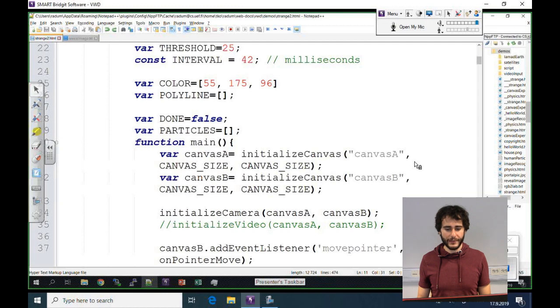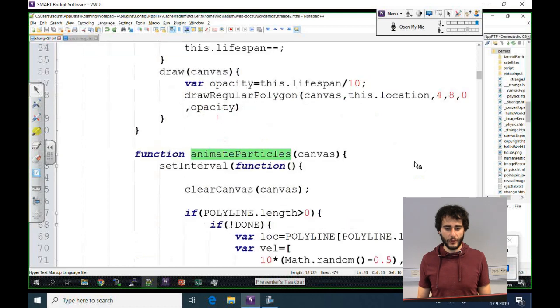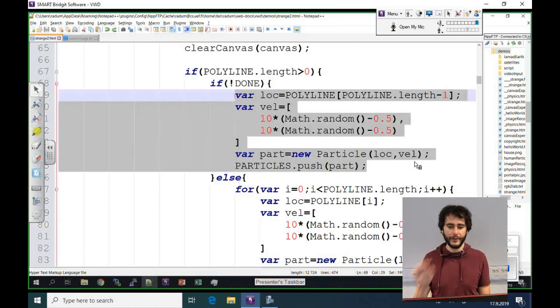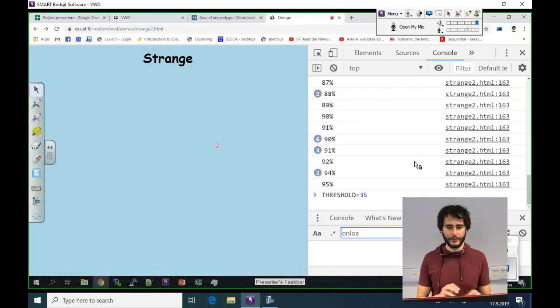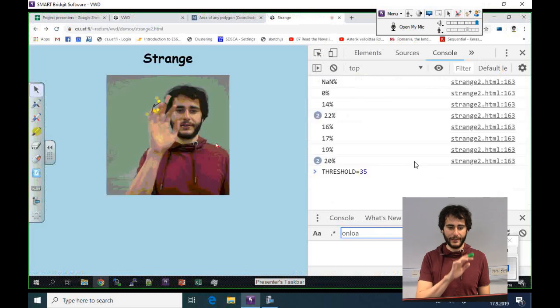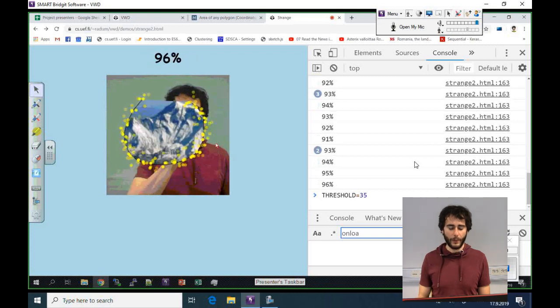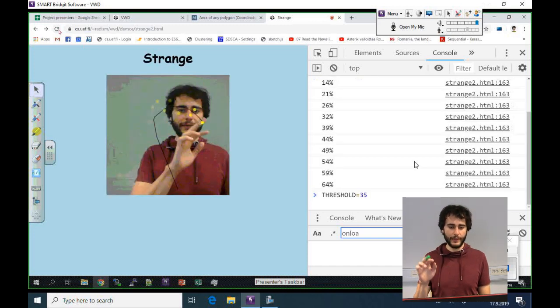What has happened in the code is mostly this Animate particles function. So this one is going to draw particles at the tip of the pointer, or more or less the end of the polyline that you are drawing. So while you are drawing things, this line appears if I leave that code uncommented, and on the tip of that line particles are going to be generated,